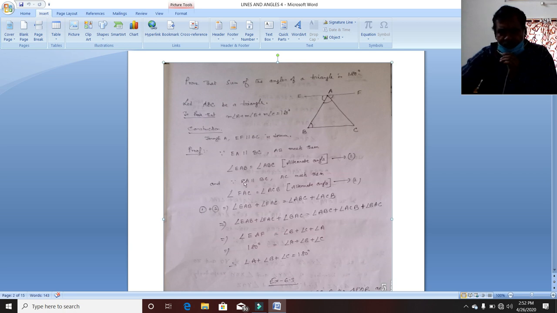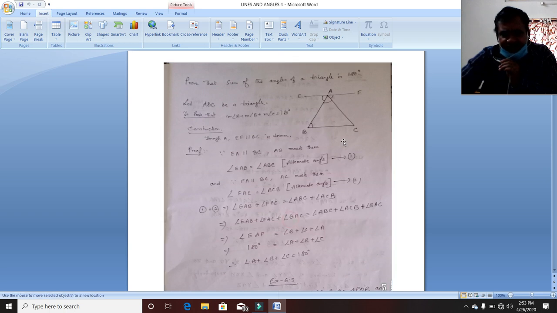This 1 plus 2. Similarly the right hand side added, the left hand side added. So you see this part is what? EAB plus FAC equal to what? ABC plus ACB. Now you see EAB, this angle, yes or no? Next is FAC, this angle. Now this angle is missing, no? BAC. If I insert this angle, this becomes a straight angle EAF. So I am adding BAC on both sides.